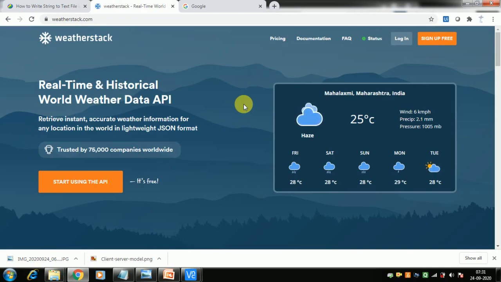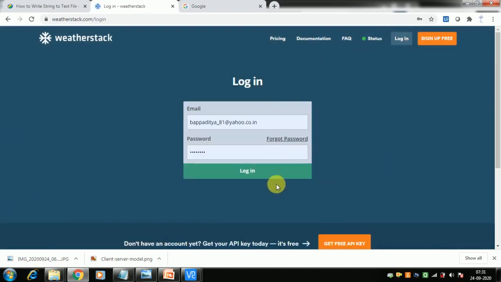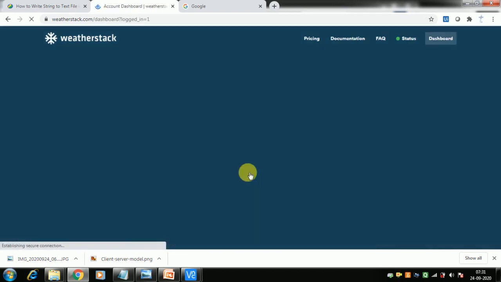Okay, so if you look at it, it is an HTML page. So we are looking at it like this. What you do is create a sign up here, sign up for free. I have already created my account, so I am opening it up here. Okay, I log in. They have API services that serve you JSON.